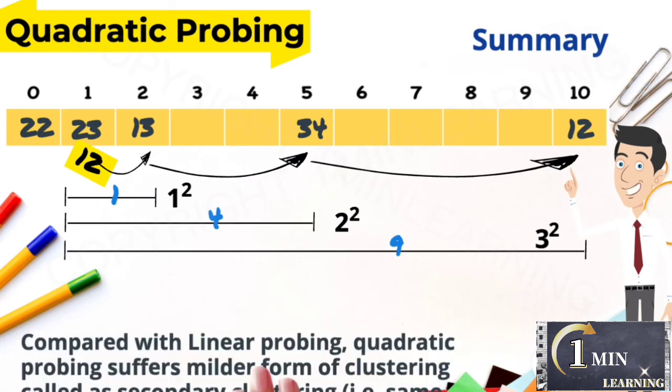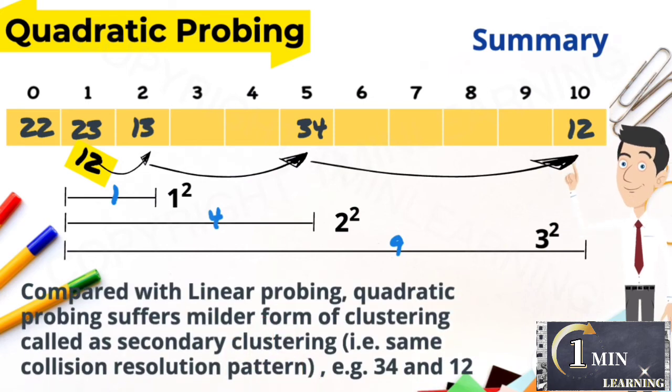Summary. Compared with linear probing, quadratic probing suffers a milder form of clustering called secondary clustering, as we follow the same collision resolution pattern, for example, store